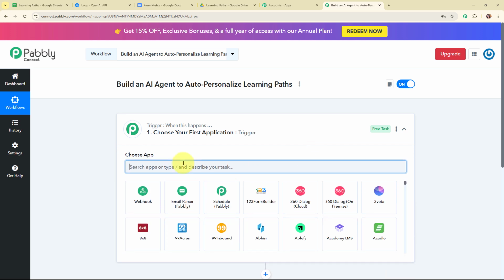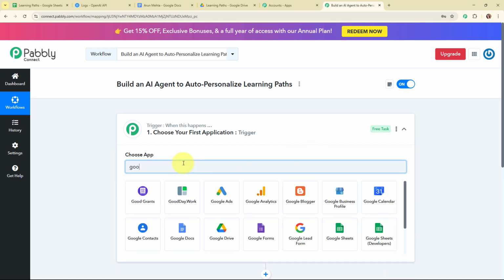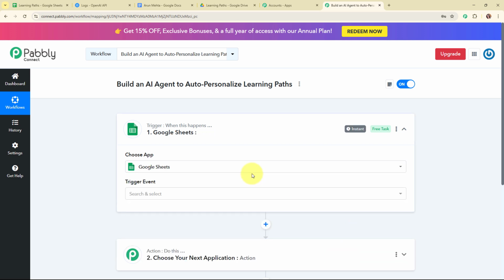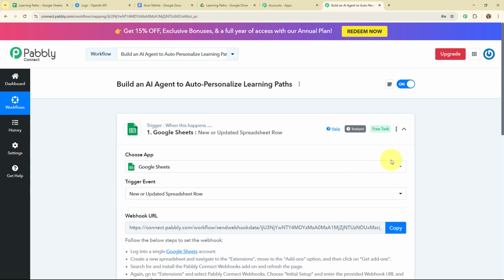So here I'm going to select my trigger application as Google Sheets, as I am adding new details in my Google Sheets. So Google Sheets is a free web-based spreadsheet program that allows you to create, edit and share spreadsheets online. So in my Google Sheets trigger step, I am going to select my trigger event as new or updated